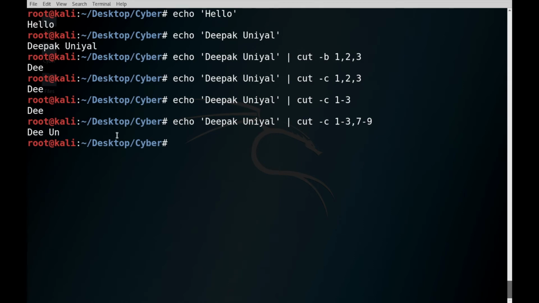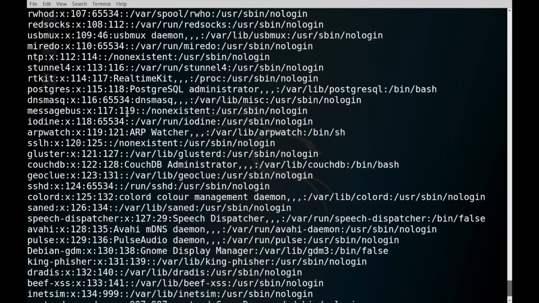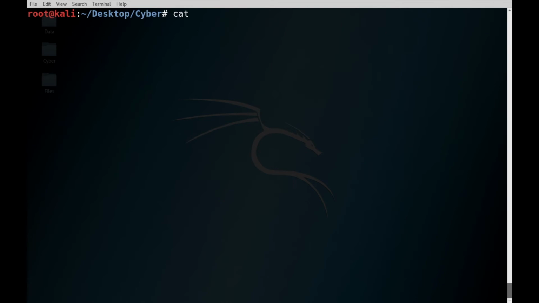One more thing I will tell you about pipes. Suppose you want to check this file, cat /etc/passwd, and there is a lot of data in this, right? So sometimes it is not easy to see this data. So what you can do is use cat /etc/passwd and then pipe this data to the less command.